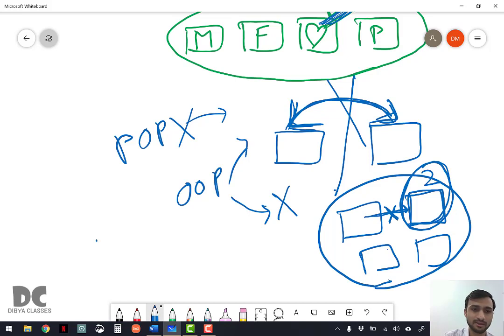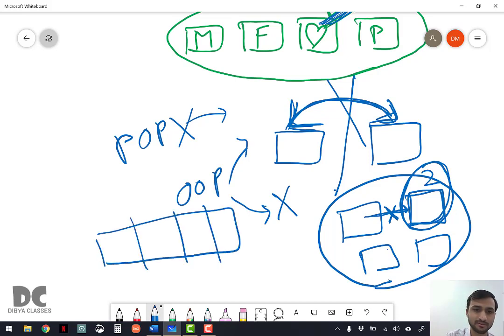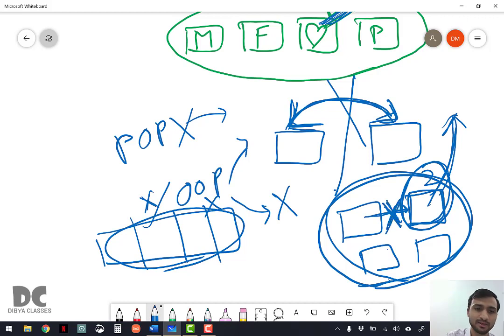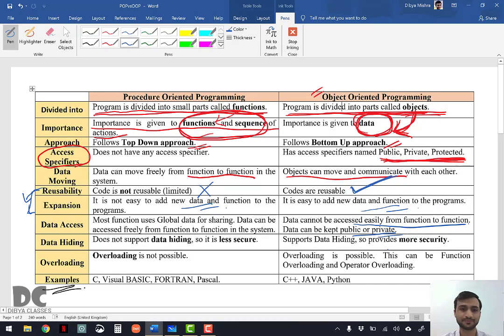But in POP, it was a single machine. Even if this part is broken, the whole machine is broken, right? But here the whole machine is not broken. You just have to replace this machine and you can stop the data here. You don't need to transfer the data right now, but here the data will get transferred and the whole mixing will get damaged and the machine is destroyed, the ingredients, the raw materials, everything is destroyed.